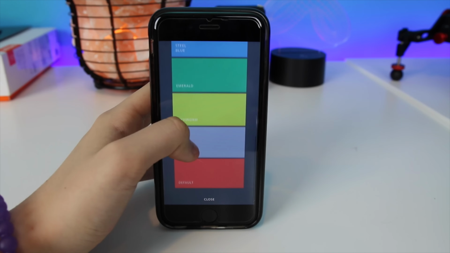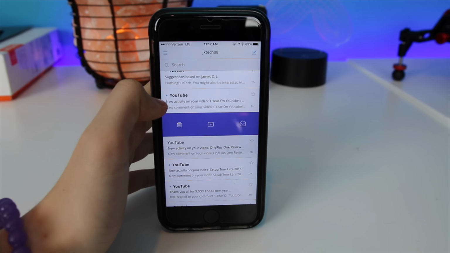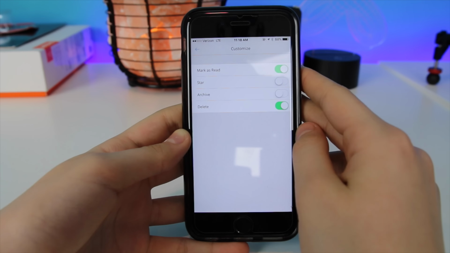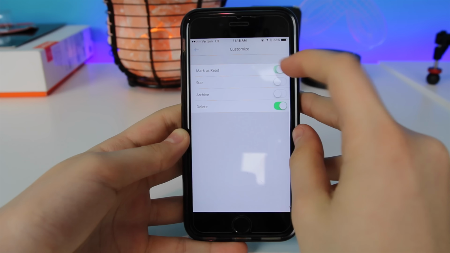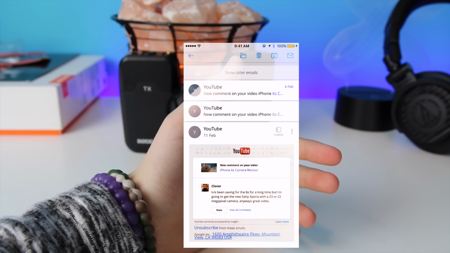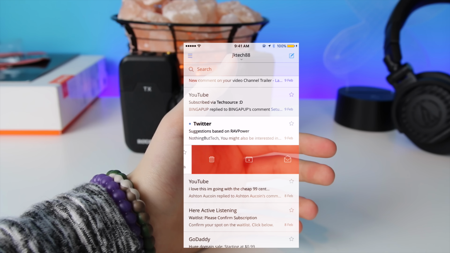Beyond the basic features, there's also a bunch of smaller, really cool features in the settings. Small things like adjusting the accent colors hooked up to specific emails, or customizing what shows up on the home screen when swiping, whether it be archive, delete, unread, or a few other options, make the app feel well put together and very professional. So all these features come free in the app on iOS, but just like many other services,